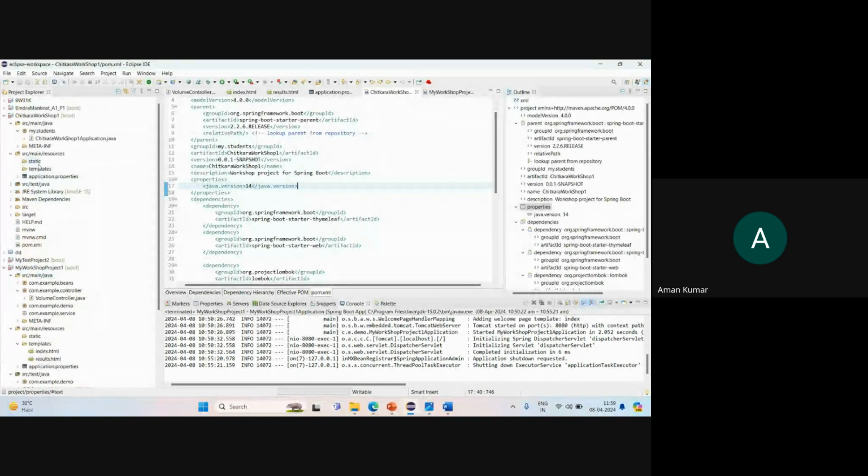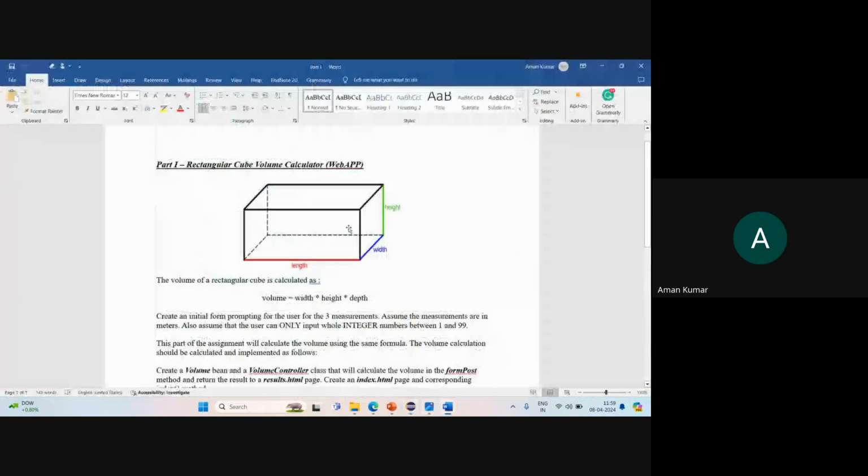After this, let us try to understand what exactly is the way of creating a template. Take an example. Let me take one example for creation of this web application. First, we will create this normal web page, and thereafter we'll try to understand. Take an example, a rectangular cube volume calculator, and the formula is very clear for us. Volume equals width multiplied by height multiplied by